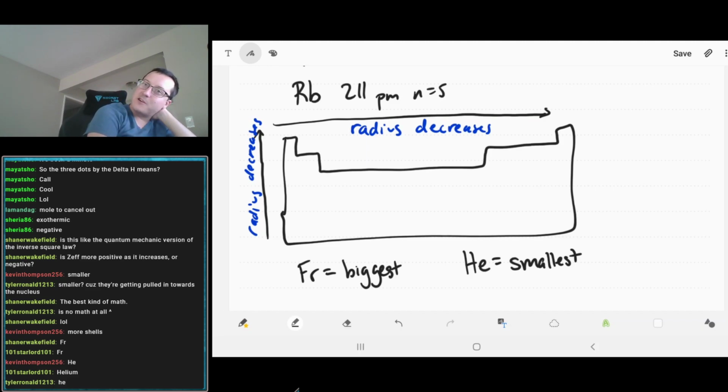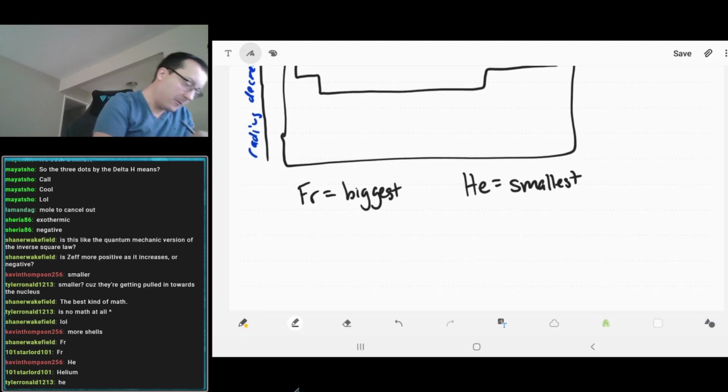So here comes our math then. So this trend is pretty easy. Nothing too crazy about it. But let's go ahead and do more math. We love it. Math is our friend. We can use